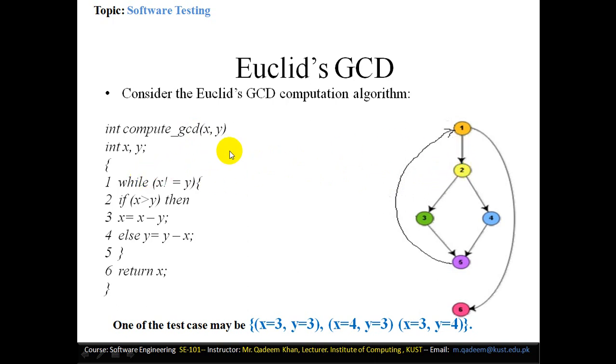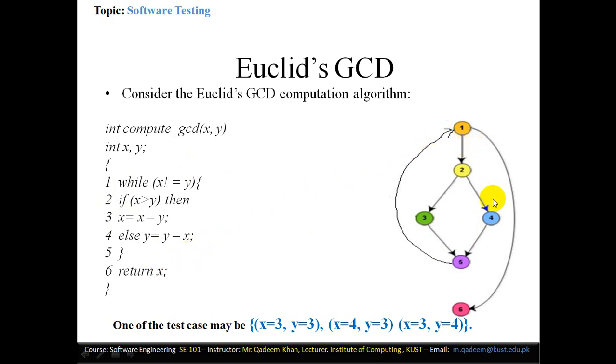There you can see that this is the while loop. Then after the while loop we have the if statement, and the if has two branches. If the condition is true, then we will execute the statement x is equal to x minus y, and if it is false, then we will go towards the else statement. The execution of the else will take place, y is equal to y minus x. At the sixth statement, the loop body completes, and the execution goes again to 1. And if the loop condition is false from the beginning, the return statement is executed, return x.